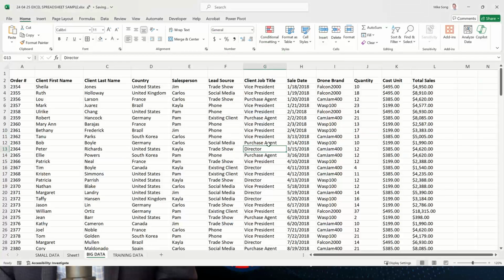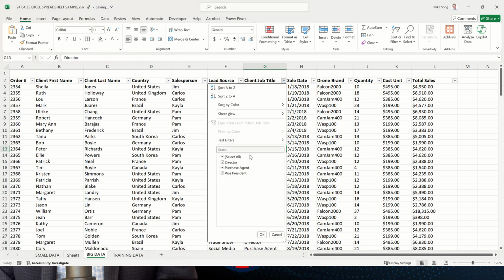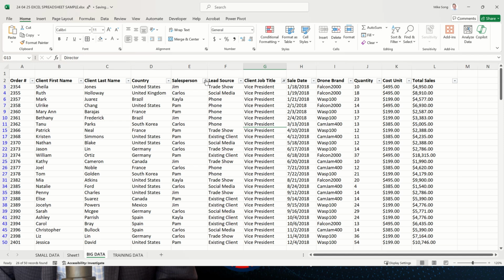Whenever you want to put a filter on, use Control Shift L. Control Shift L is a great way to turn your filter on. And then if you do a bunch of filtered sorts with that, and especially if you do more than one